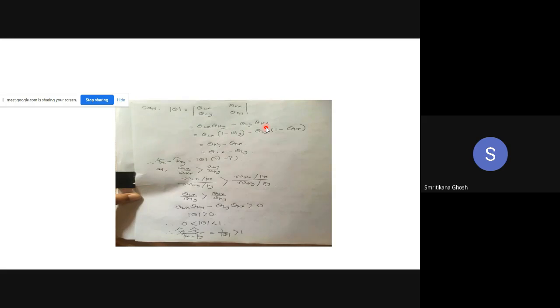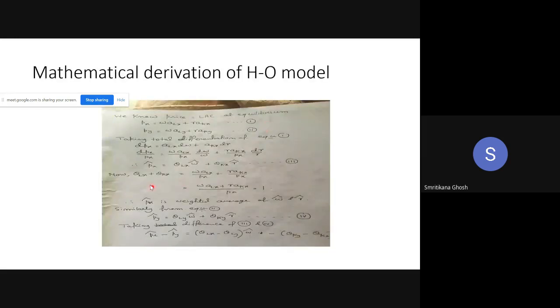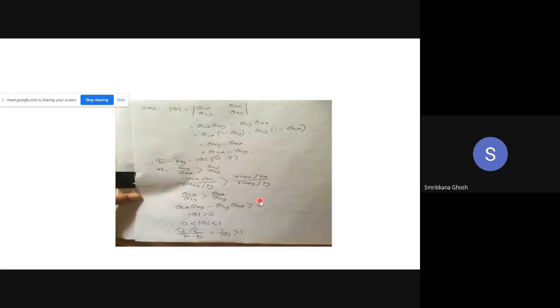Now, if you want to convert all the things in terms of labor, then you have to replace this capital by labor. How can you do that? Look at this. Theta Lx plus theta Kx is equal to 1. So what is theta Kx? 1 minus theta Lx. So you can write 1 minus theta Lx. Similarly, 1 minus theta Ly. Then just remove those brackets and you will get theta Ky minus theta Kx and theta Lx, theta Ly. So from here you will get theta Lx minus theta Ly. If you just remove all those, you can understand.